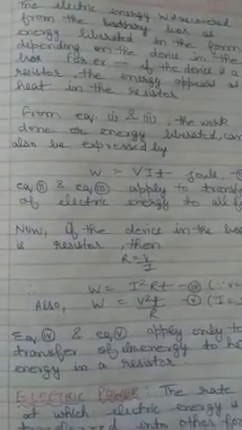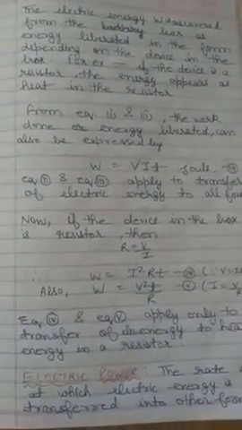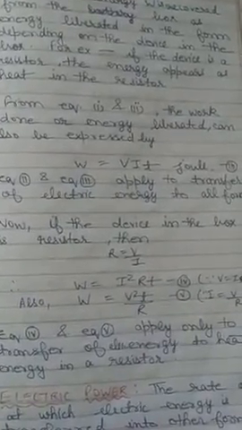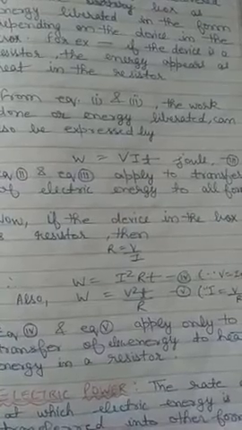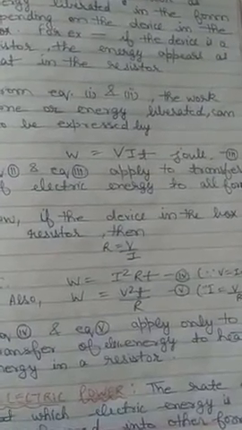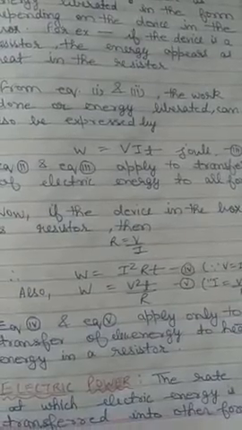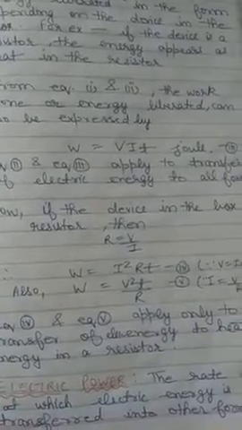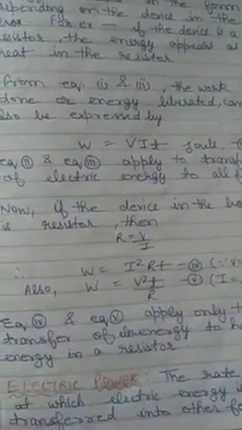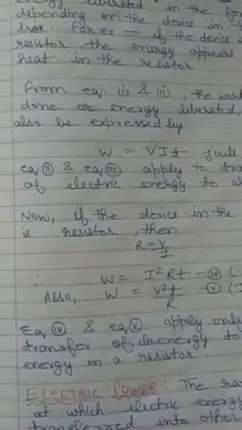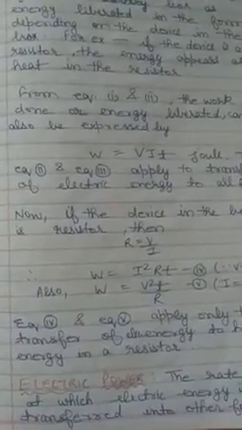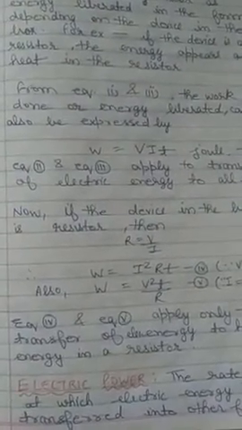Now about electric power. We know that the rate of doing work is power. So the rate at which the electrical energy that is given by the charge to the black box is transferred to the other form, that will be considered as power. How do we define power? We define power as the rate at which the electrical energy is converted to other forms of energy. In general, you have studied that the rate of doing work is called power. Clear? So here work is done by the charge, and in this case work is done by the battery.